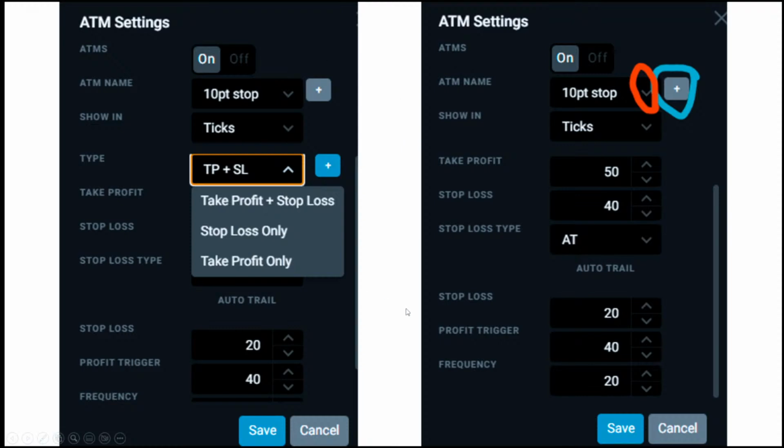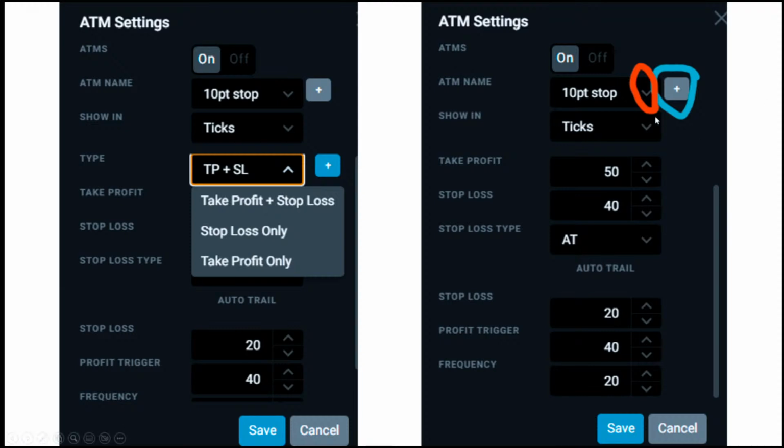So this is how we actually set our trails and things like that. Again, you can see here it says shown in ticks. So that's where you can see what you're setting. You go to the ATMs. They're called brackets, but they also call them ATMs. You can name it, but if you don't have any other ones and you only use one, then it doesn't even name it and that's fine. But over here, if you want to name it, you click that plus sign and it opens up a new one and you can set the name and what you want it to be.